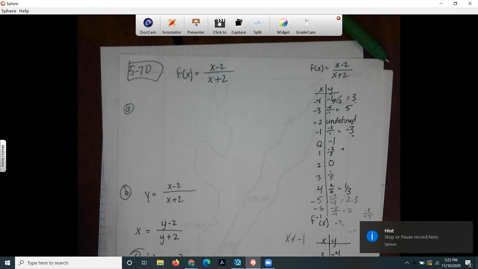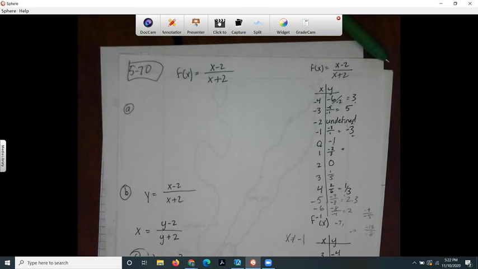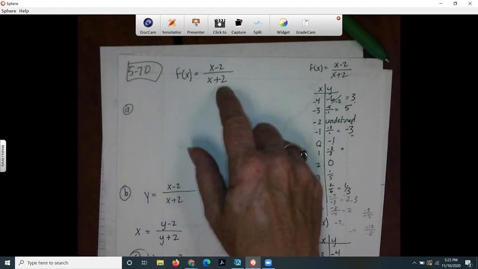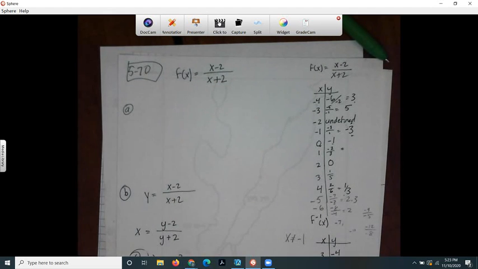Here's Integrated 3, problem 5-70. It says make a table and complete graph for the function f of x equals (x minus 2) over (x plus 2). Well, let's start there. We have to make a table and a complete graph. So a table,